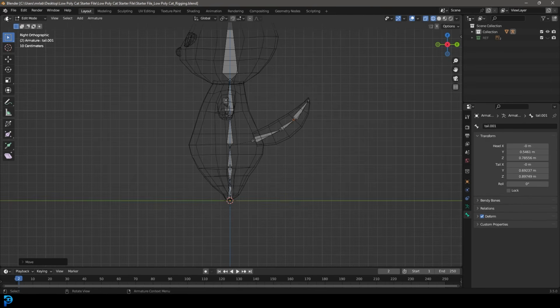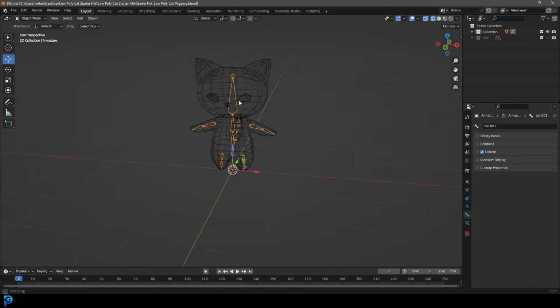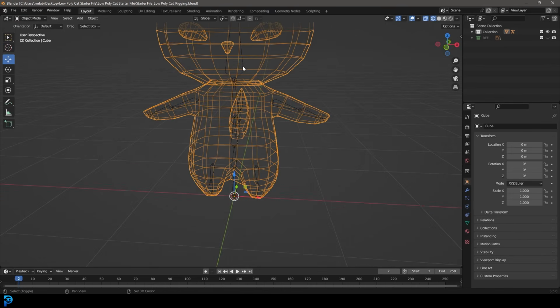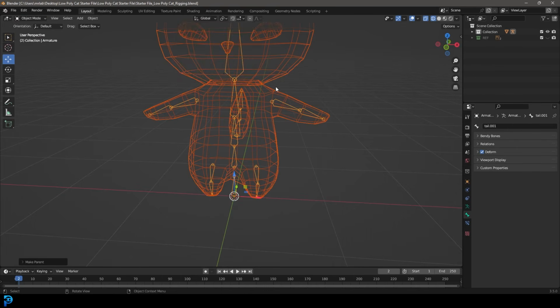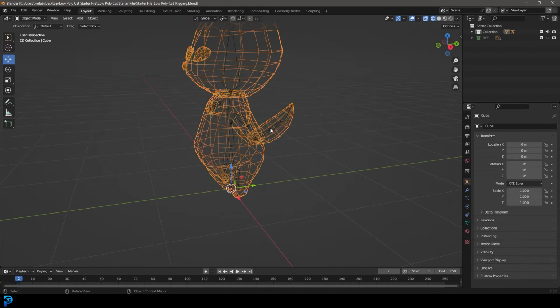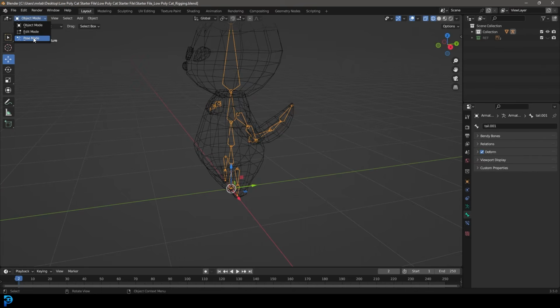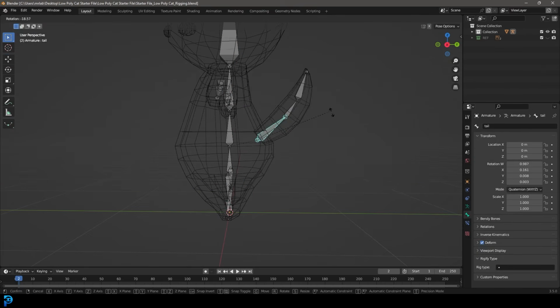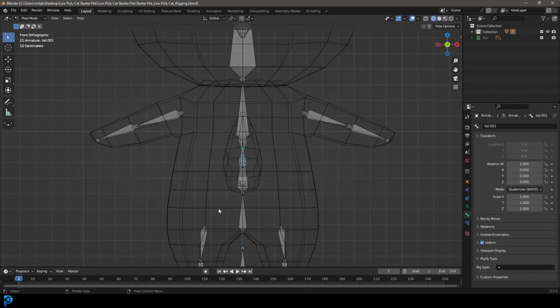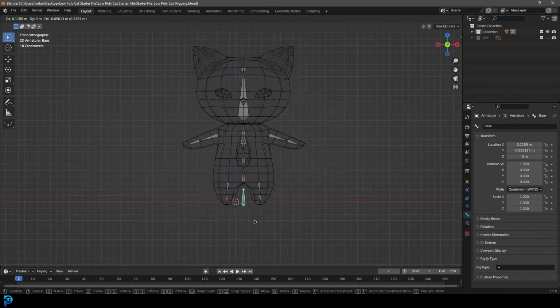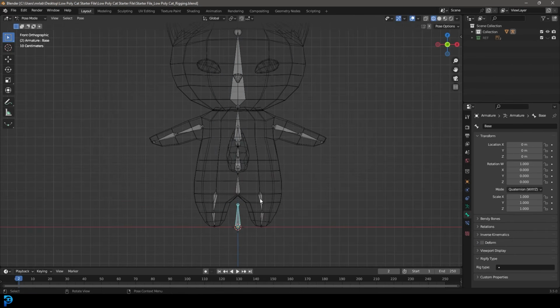Okay, and then what we're going to do is we're going to go back into object mode. And once again, let's just select the mesh, holding in Shift, select the rig again, and go Control P, and then go with automatic weights. And now if we select the rig again and we go into pose mode, let's have a look. Okay, now we can control that tail as well. So this is a very basic rig here. You can grab the main control, everything should go along, or you can grab these individual controls over here and